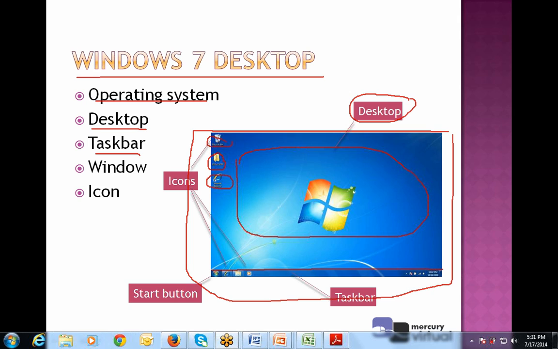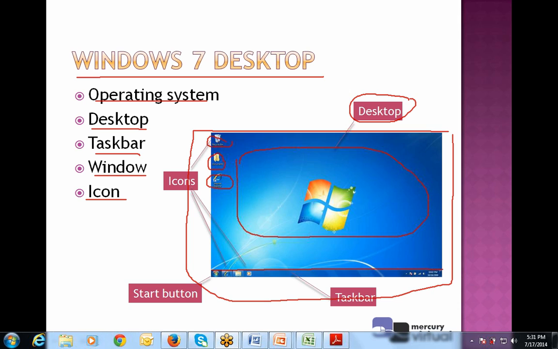An icon is a pictorial representation of an application, because it is represented by a picture. Recycle bin is a picture, my documents is a picture, and the E is also a picture or symbol. In simple terms, icons are pictorial representations of any application or file.